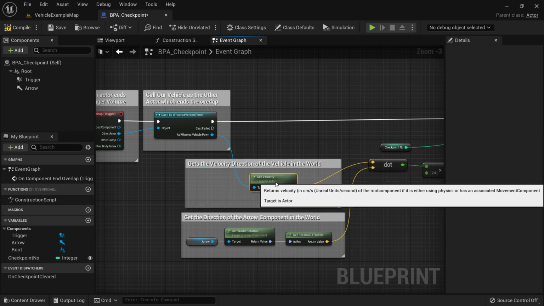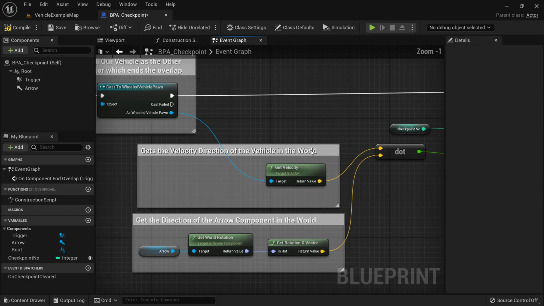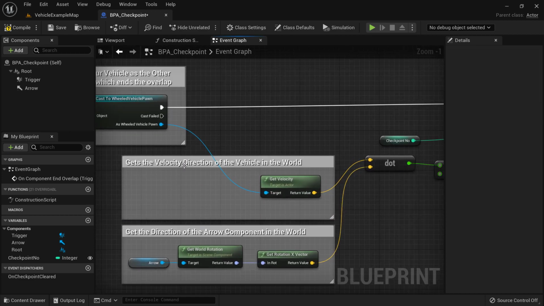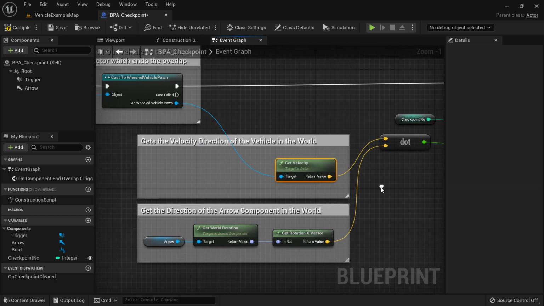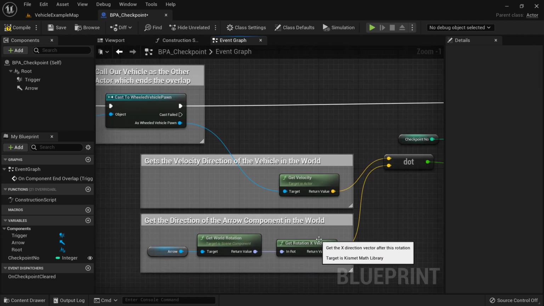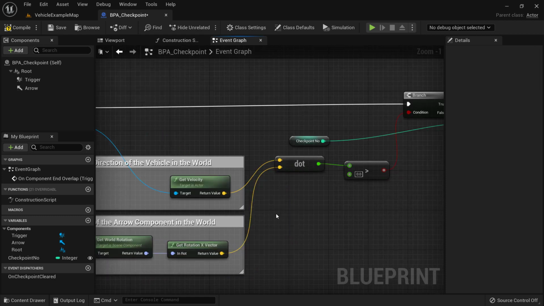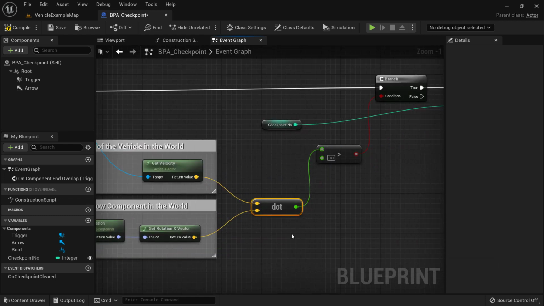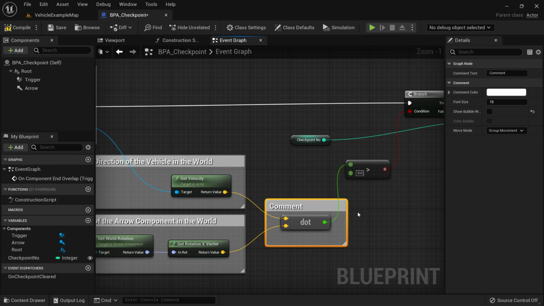Right. So we get the velocity direction of the vehicle in the world, and then the direction of the arrow component in the world. And by getting a dot product,